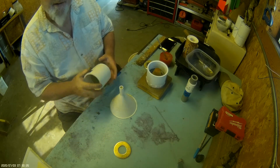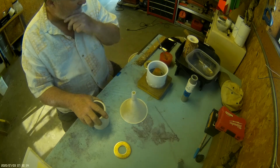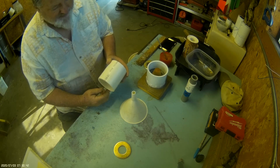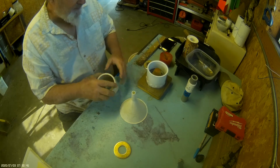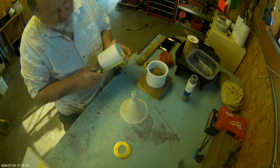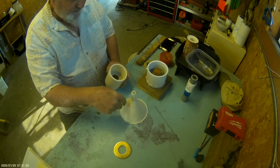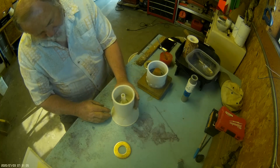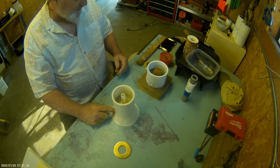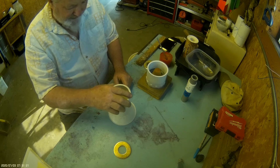The next step is to make a converging cone. So this is a typical small funnel, and I cut a piece of 3-inch PVC. I make it so it's double the depth of the fitting, which is about 4 inches. And I start by coating the funnel only down to the point where the fitting fits, and I grease this part of the funnel with silicone grease,